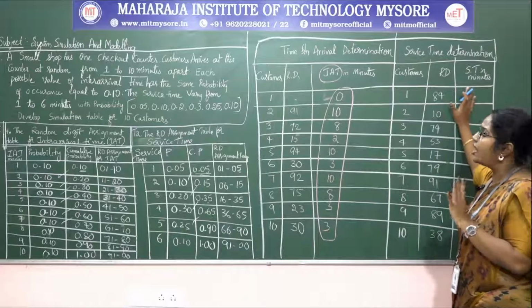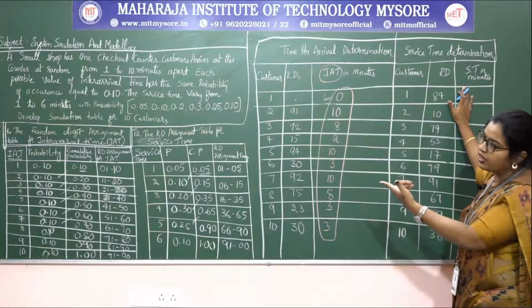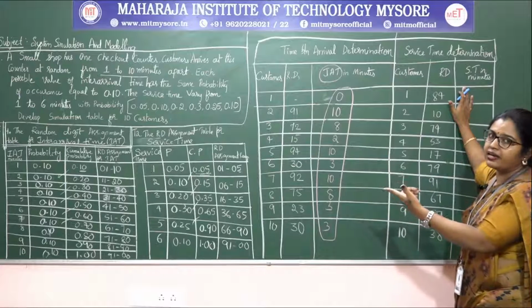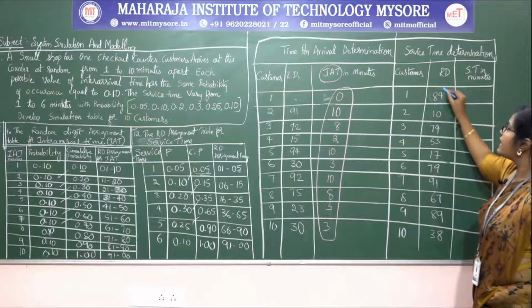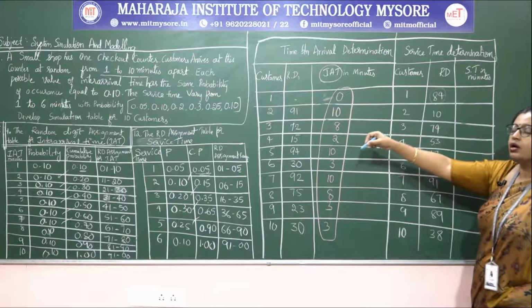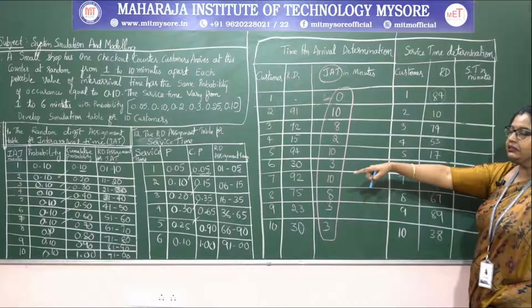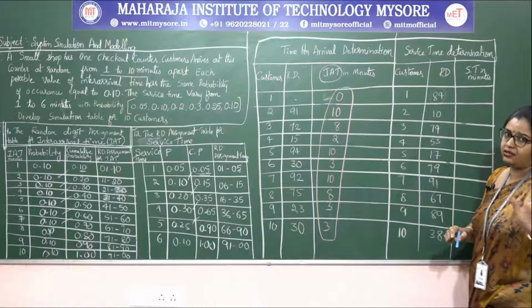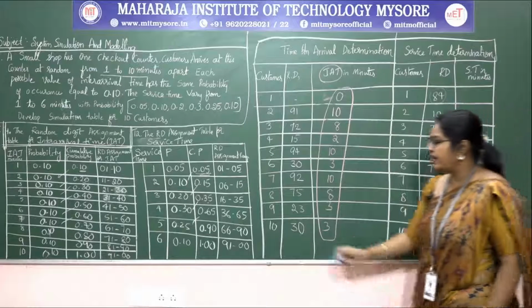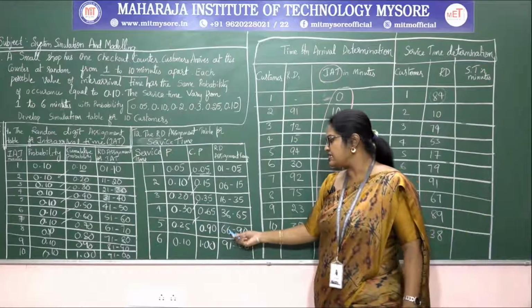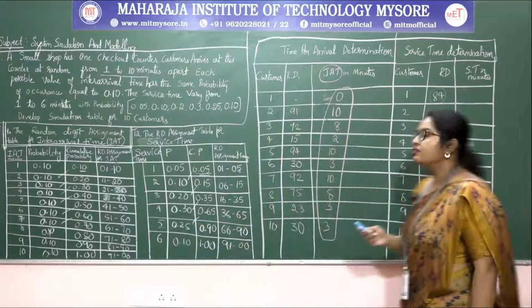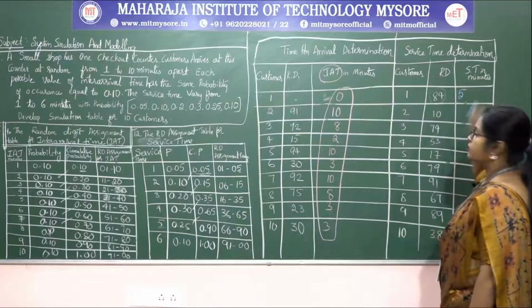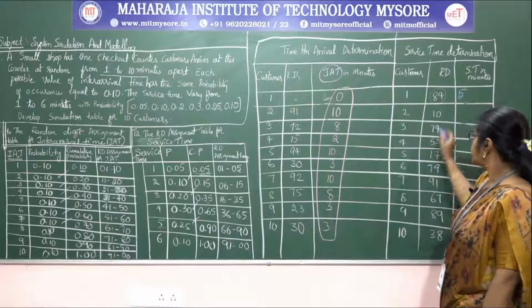Now whenever we are generating this, you need to look into the service time RD assignment table. That's it. Okay, so just check what the random number is and check where exactly this random number lies. So 84 lies between 66 to 90, definitely. And the equivalent time is 5.